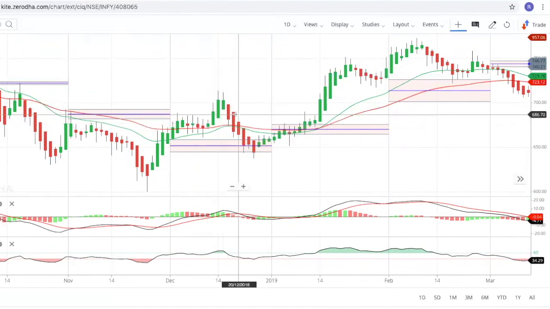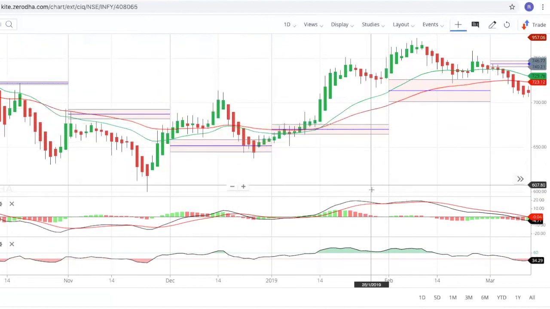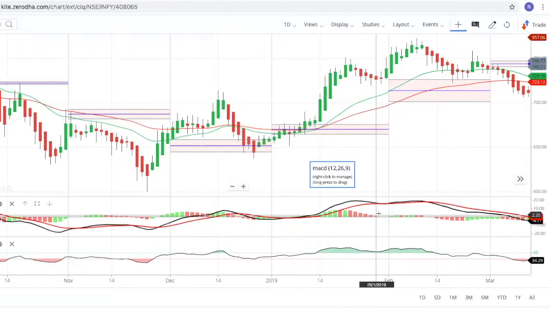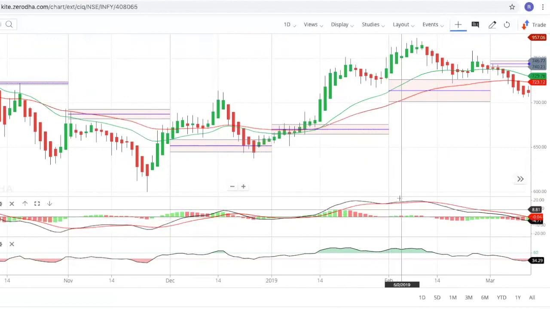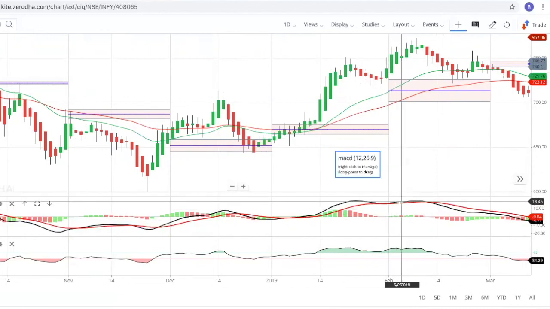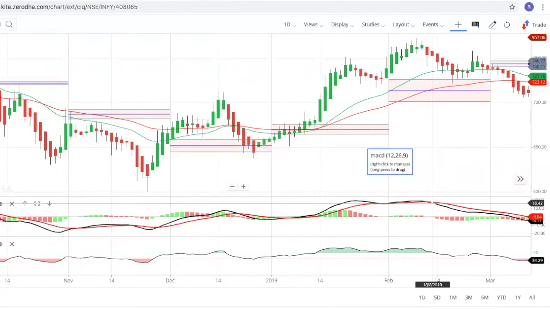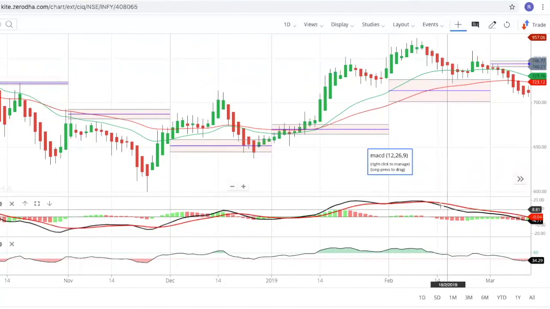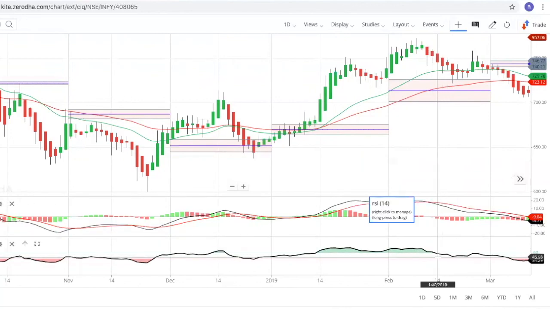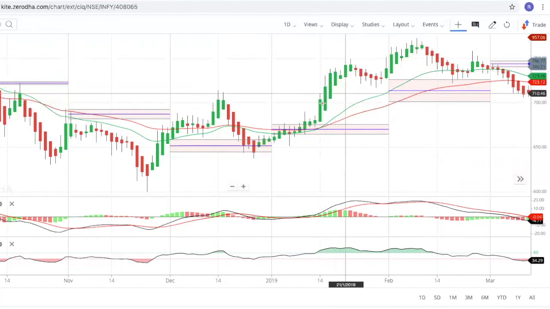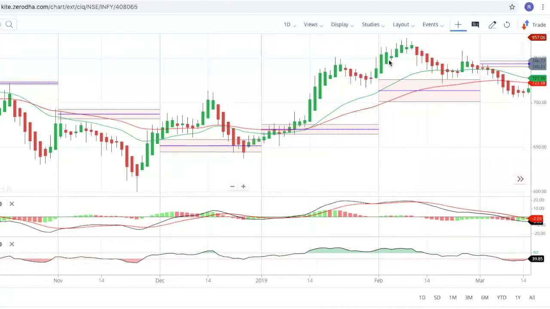In fact, you're not getting this kind of candles, and also you're not getting signals from the other indicators. The RSI is still above 60, and our MACD line is just on top of the signal line. So you can wait and then exit when the MACD line crosses down the signal line. Also you can see over here, this RSI is also indicating to get out of it. So this trade is almost a month. You can make a good profit out of it.